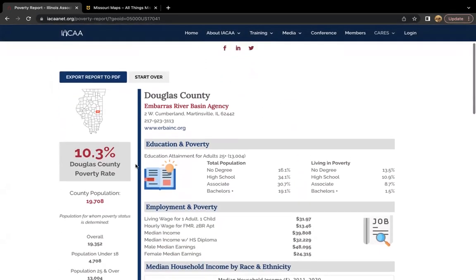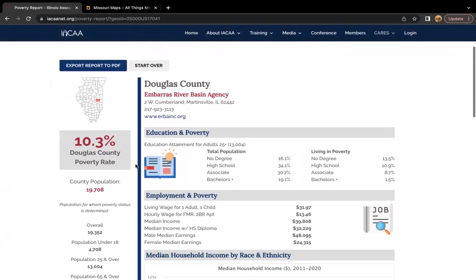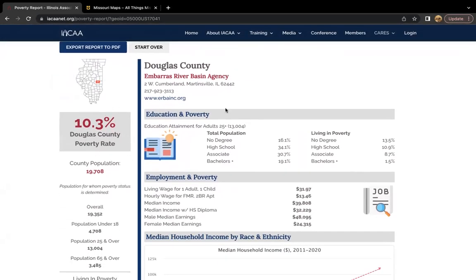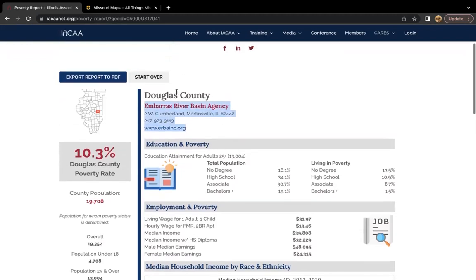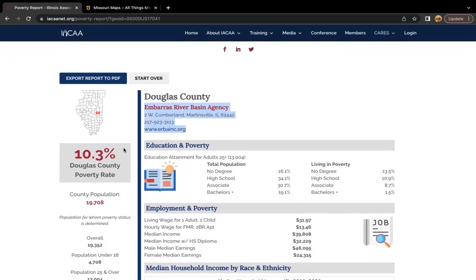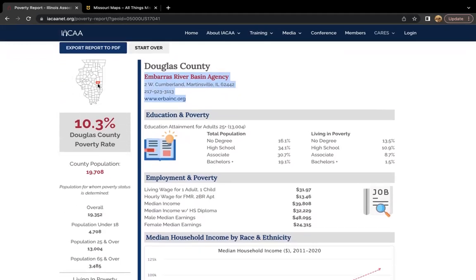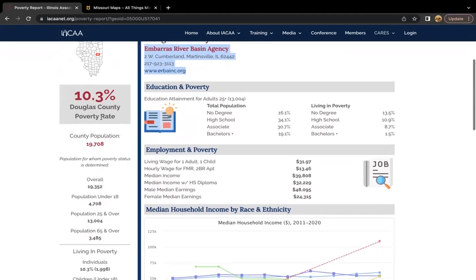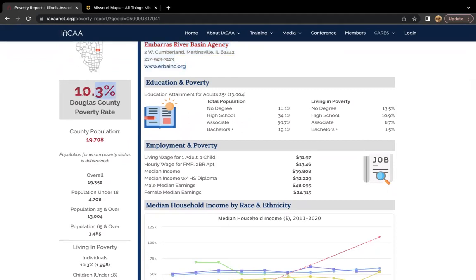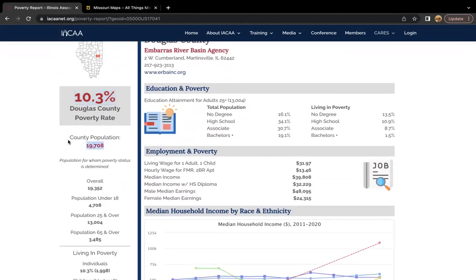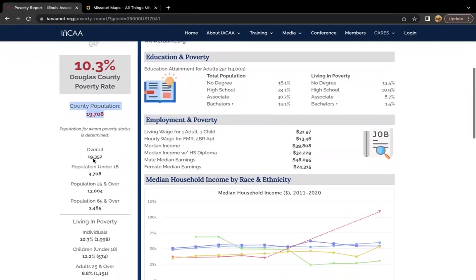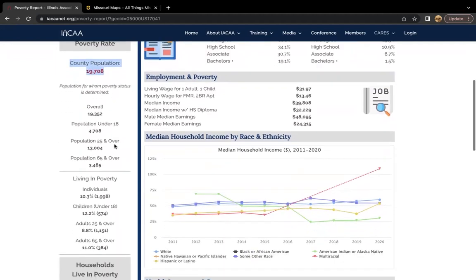So we can walk through the anatomy of this poverty report together. Always, you're going to be given the Community Action Agency region for the area that you selected. Then you are going to have a small map with your location highlighted in red. And then we're going to have the poverty rate in bright red underneath that map. Always, we're going to give the total county population or location population.